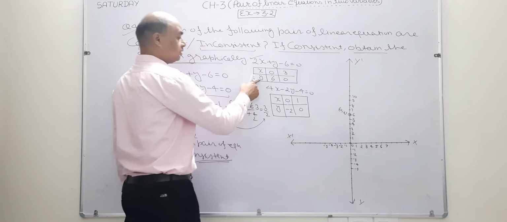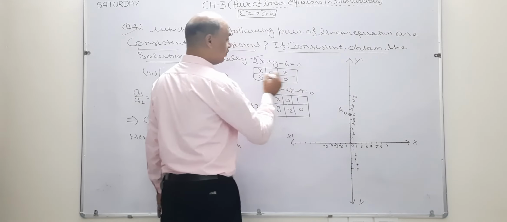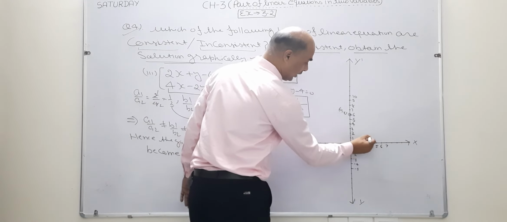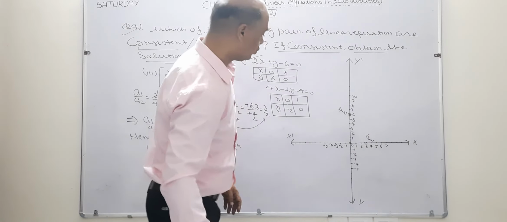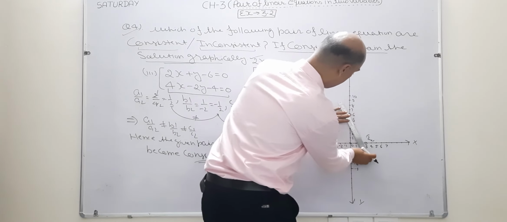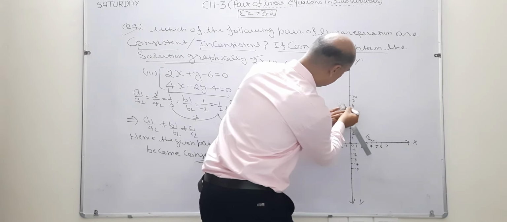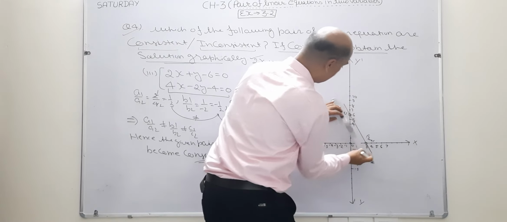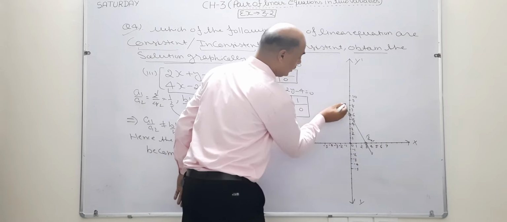After that, next y is 0 again. Y is 0 here. The value of x is given as 3. Where is x value 3? In this point. So write here 3 and 0. Now join these 2 points by using a scale. See. This is the first graph line of the given equation.